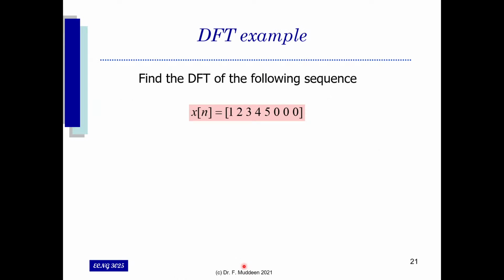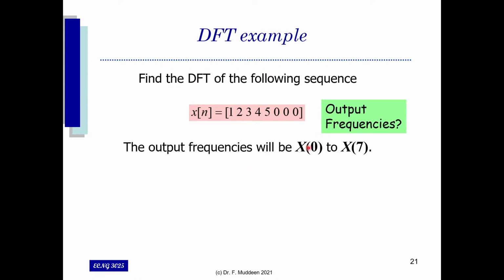So let's watch a practical example here, if we try to find the DFT of this signal. And the first question we're going to ask, okay, what's going to be our output frequencies? So in having this x of n signal here, we know the output frequencies when we actually did the DFT or the FFT, we're going to have 8 frequency components. That's going to be from X0 here to X7. And in applying this in the DFT equation, which was our fancy summation series here,